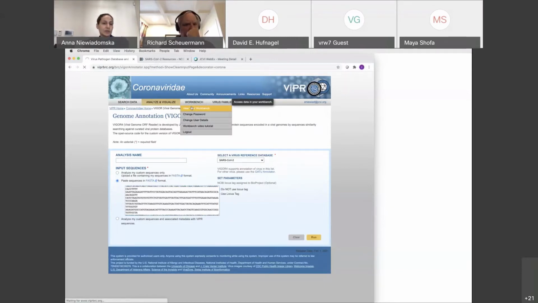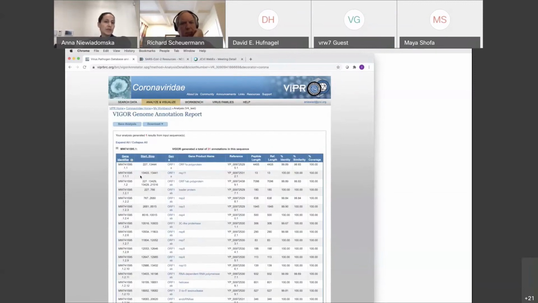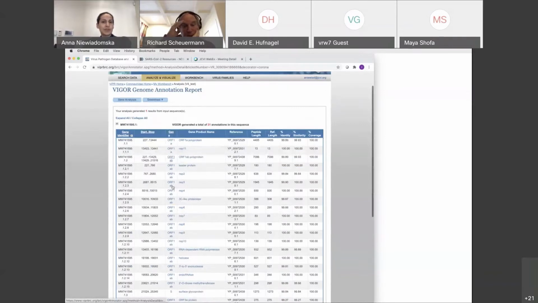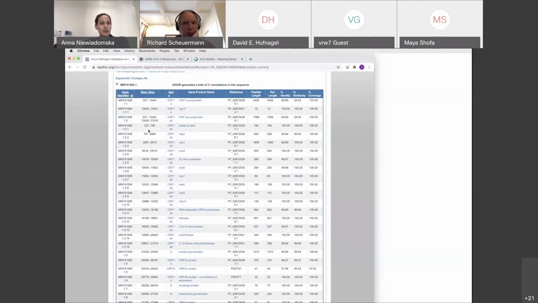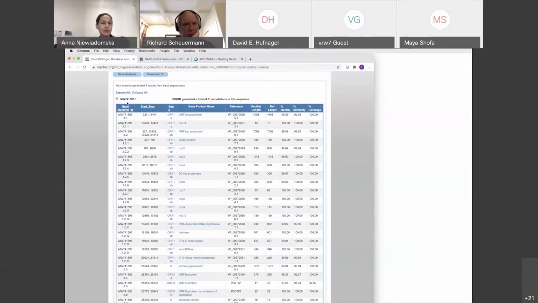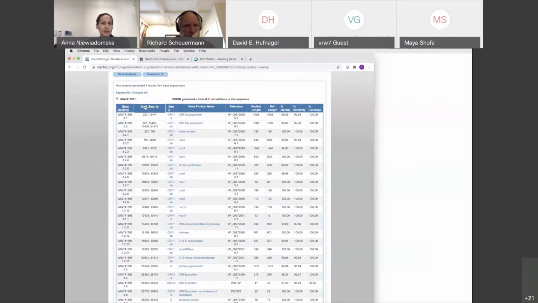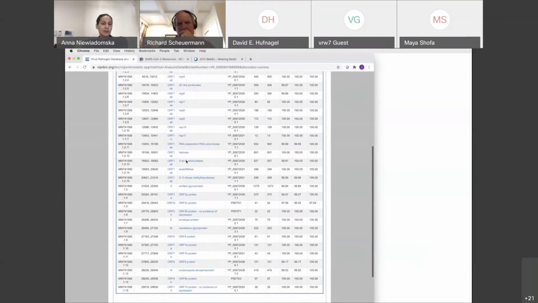So I'm just going to show you the results that I've previously saved in my workbench. And this gives you a table with a few different columns. You can sort it by the start and stop site so that you can see the first open reading frames. And these include the ORF1A and ORF1AB polyproteins. And as I mentioned, we also do annotate the mature peptides, which include the non-structural proteins, as well as the